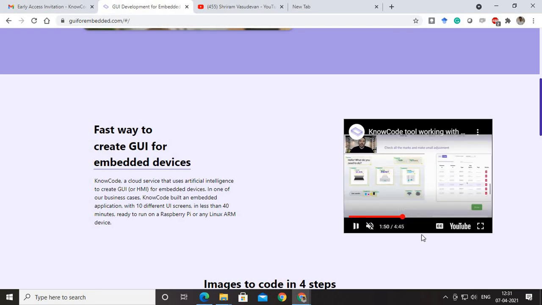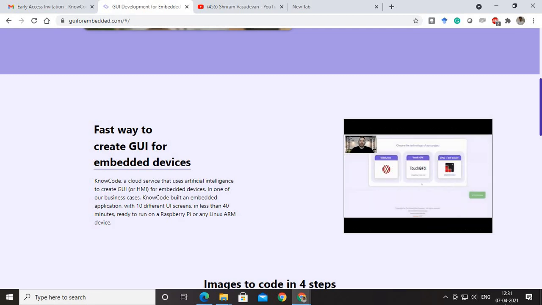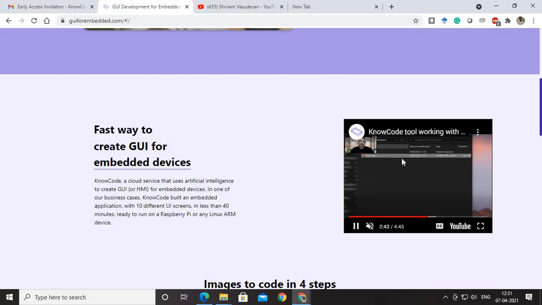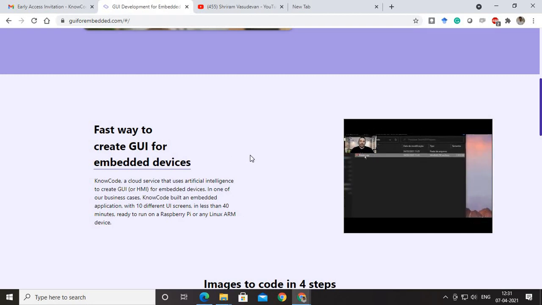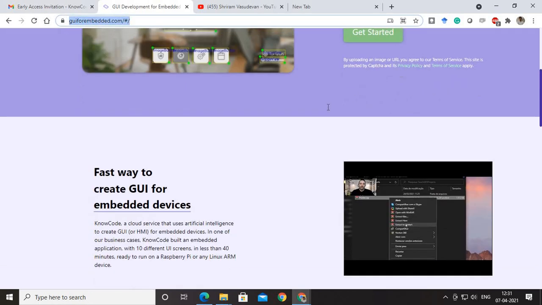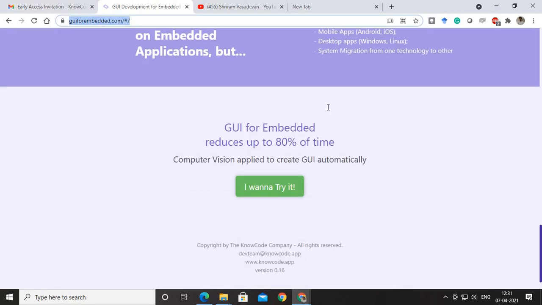So you can see that here the complete scanning happens, and it's very easy for you to generate something for TotalCross or TouchGFX or LVGL or whichever platform you need. And once you are done, you get your complete file generated, and that's all. You have your GUI available right now. Try it out. The website is GUIForEmbedded.com. This is very easy and this is very cool. Try it out, and in case you have questions, let me know. I'll be able to help you.